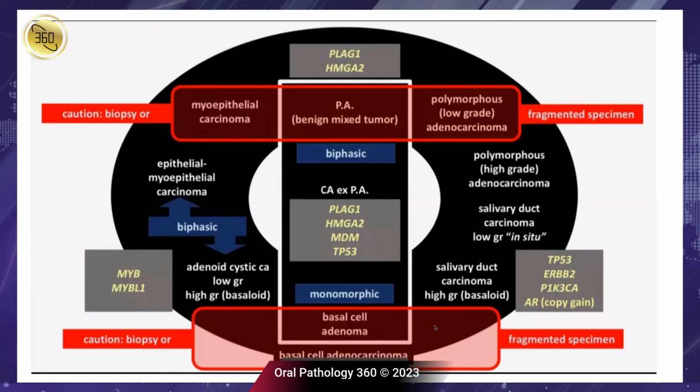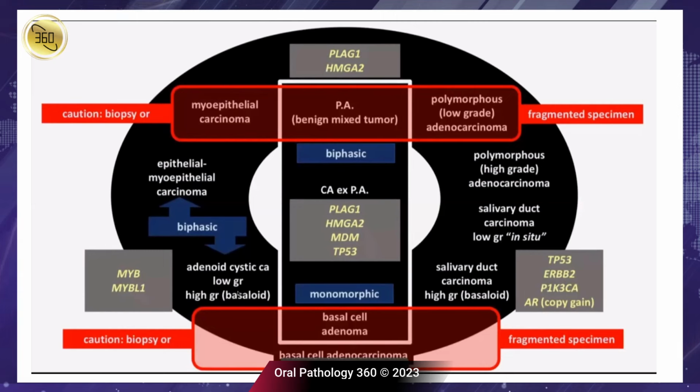On a needle aspiration or a small biopsy or fragmented specimen where I can't see the whole thing, like in these cases where I showed you the interface between the tumor and the encapsulation and the normal gland, if you have a small specimen, all I can tell you is that it's a basaloid carcinoma. And then all these other, quote, low grade to high grade carcinomas are going to include all the other tumors that may all have some kind of biphasic appearance or may have a secretory appearance. And then what we can do is tease out the biphasic tumors.